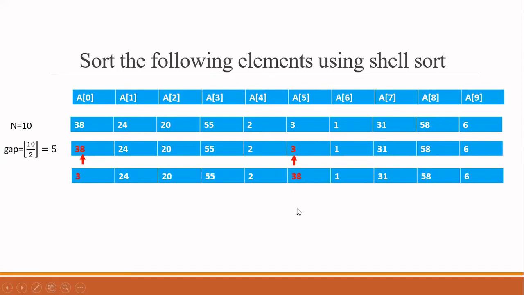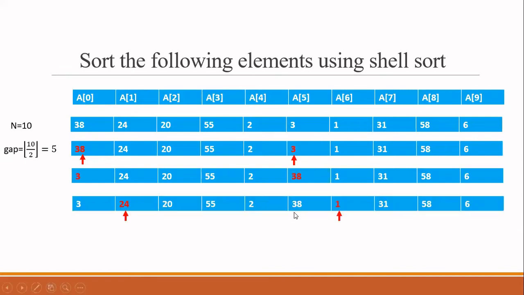Now, I have to move the index now. This index, that is a pointer, I have to move. Where will I move? You can see the next diagram. Previously, your second pointer was pointing to A of 5. Now you have to make this pointer point to A of 6, that is, move it to the right by one position. When you move this right by one position, you have to move this also right by one position. So I am moving from A of 5 to A of 6. Since the gap is 5, I have to move from A of 0 to A of 1.